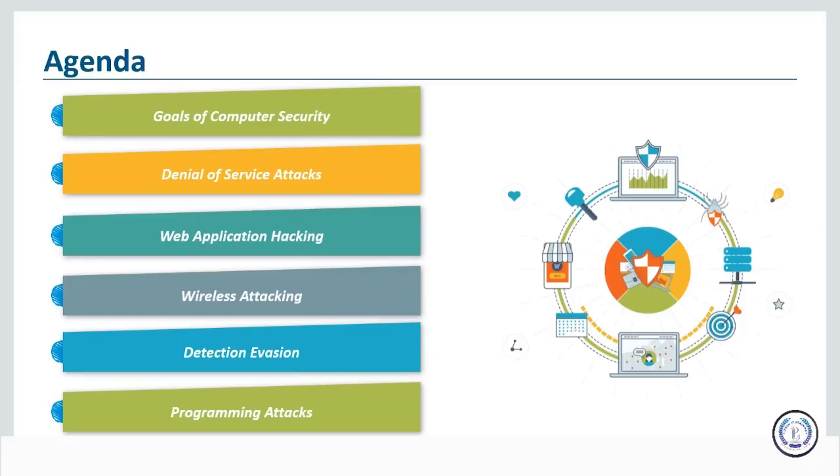Now, we're also going to go over web application hacking and the types of tools that you would use during web application hacking and the different vulnerabilities that web applications have and how to make use of those vulnerabilities. We're going to talk about wireless networking, how to probe wireless networks, what wireless networks are doing, and how to secure wireless networks.